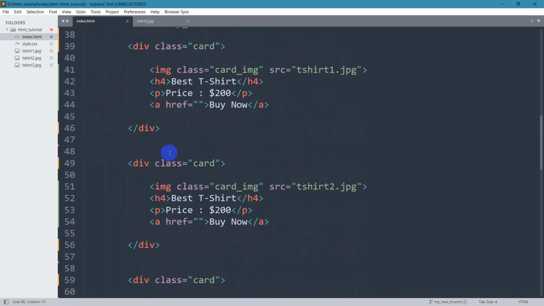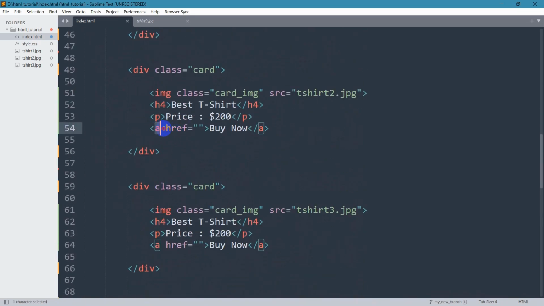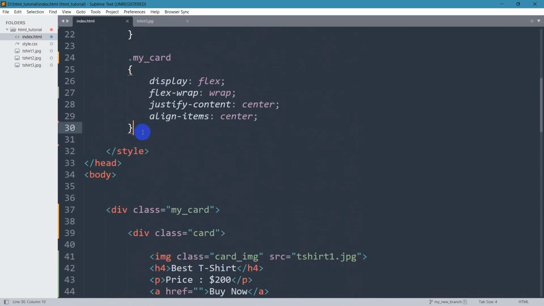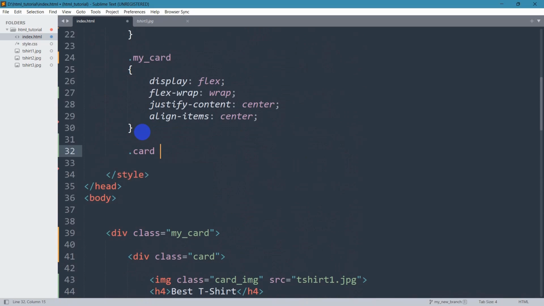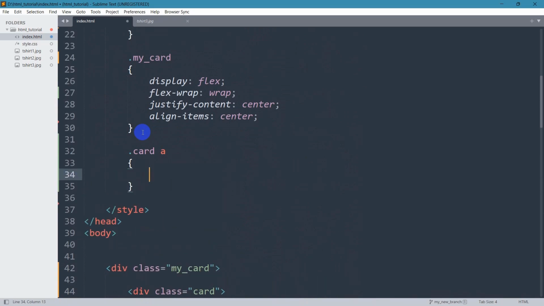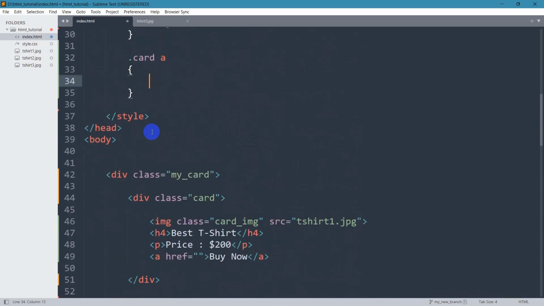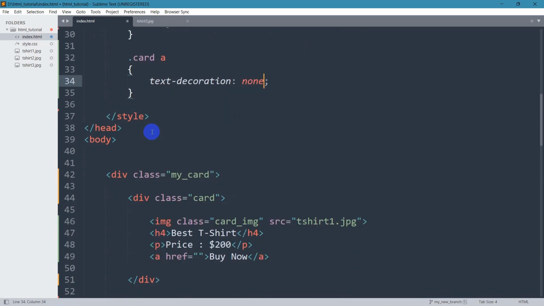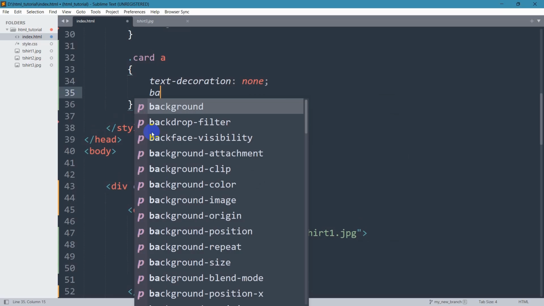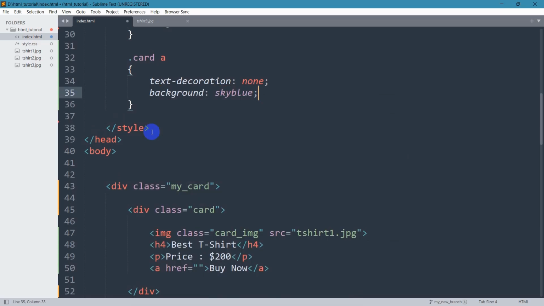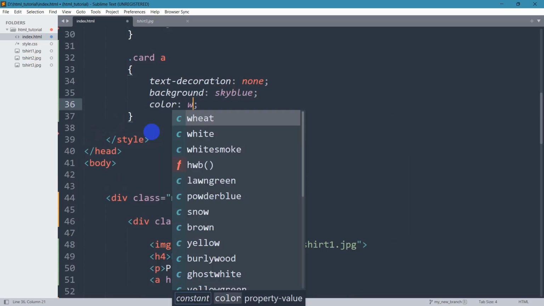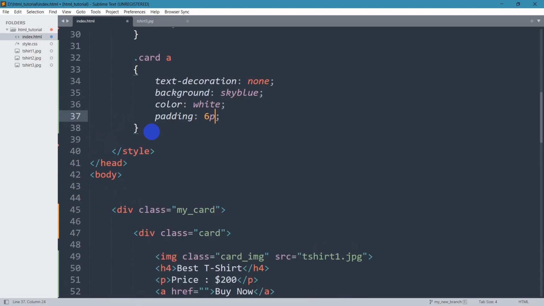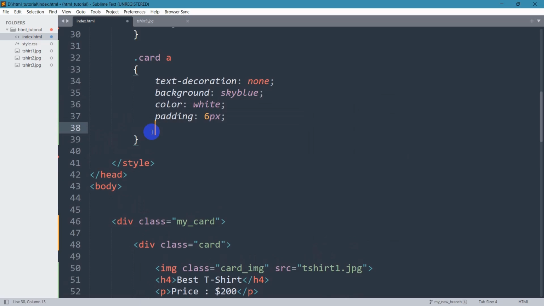So what we are going to do is that the anchor tag is inside the class called card. We are going to set here dot card, then mention the anchor tag, the second bracket. We are going to set text decoration, it will be none. Then background color, let's say it will be sky blue. The text color, it will be white. Let's add some padding. Let's say padding will be 6px, and let's also